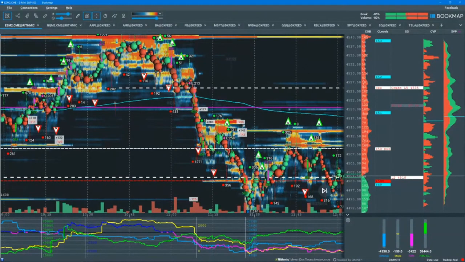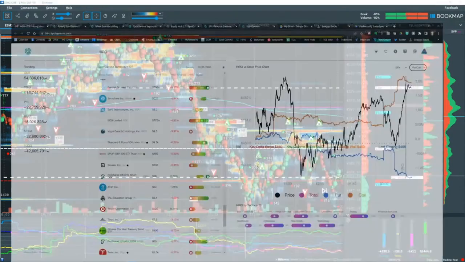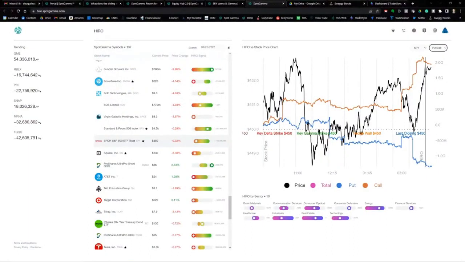But if you look at the other tool, which splits out both calls and puts, at least that screenshot that you were looking at, I think that really shows it nicely. You saw that they weren't really buying calls anymore, and it was starting to go a little bit negative there,